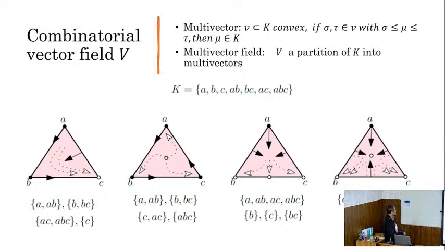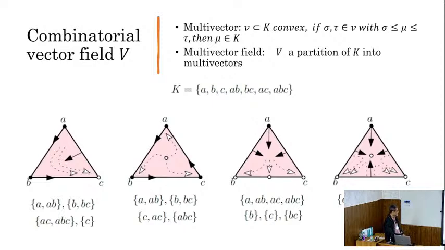And these four vectors actually signify a flow like this. So what is happening? Things are flowing here, and then ultimately C is the attractor. C by itself is the attractor. So flows are coming like this and are attracted here. All the flows are coming here. So that's the significance of this vector field. Let's take another multivector field on the same simplicial complex.